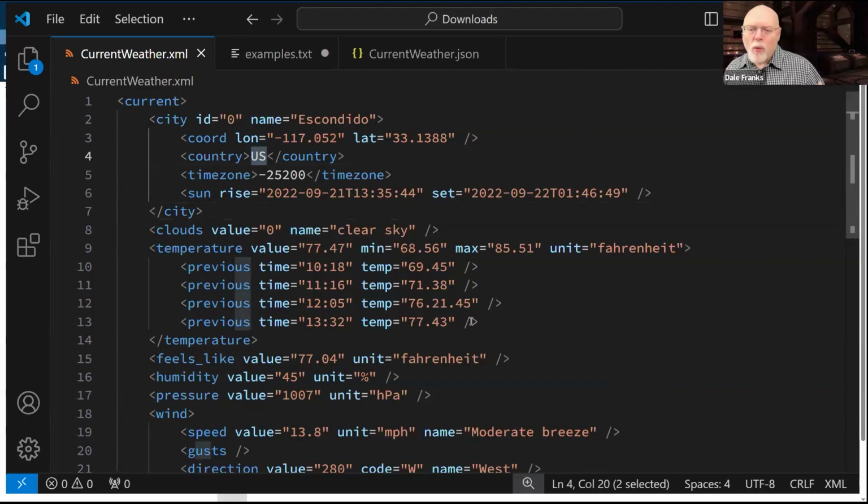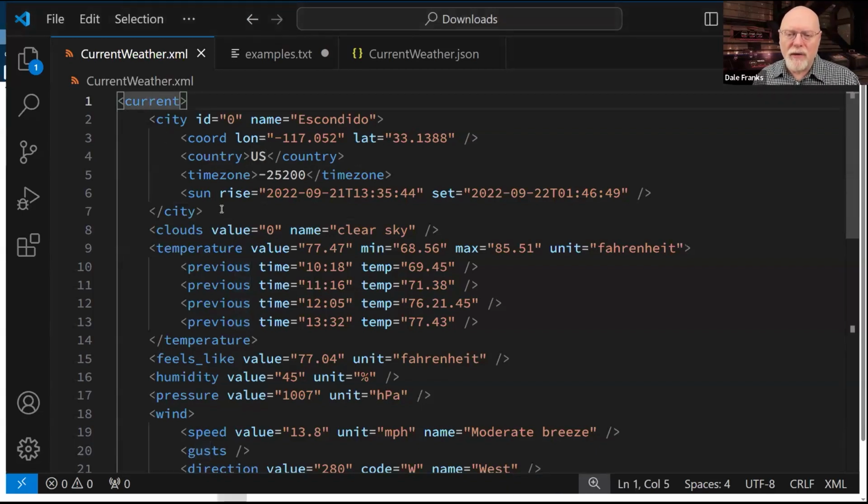So if I wanted to find the XPath for a country, I'm going to have to sort of walk through all of my nodes inside of this document to get to country. Well, the very first node starts at the very top. And this node is called current, which is logical because I'm pulling the current weather for a zip code.